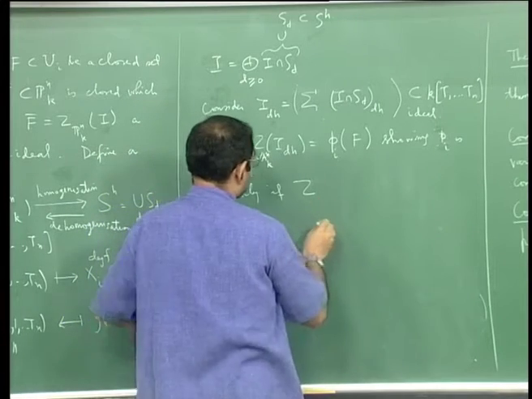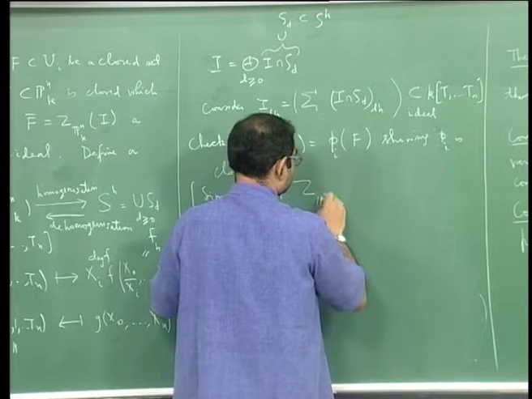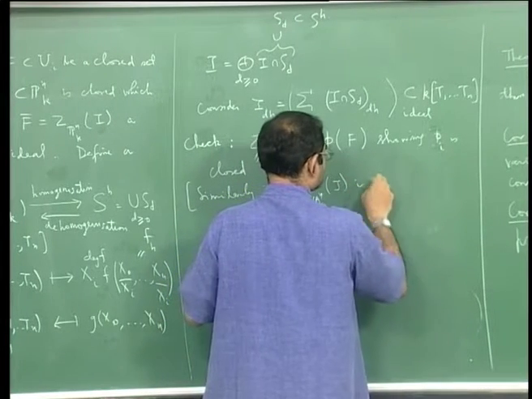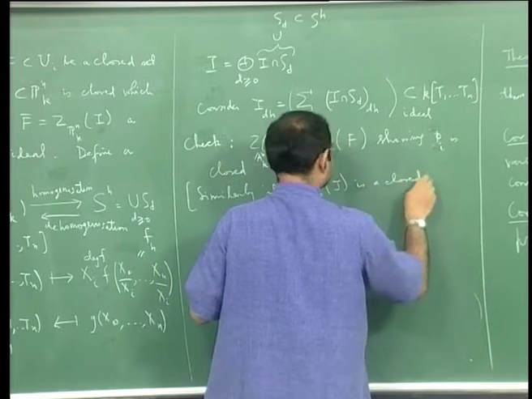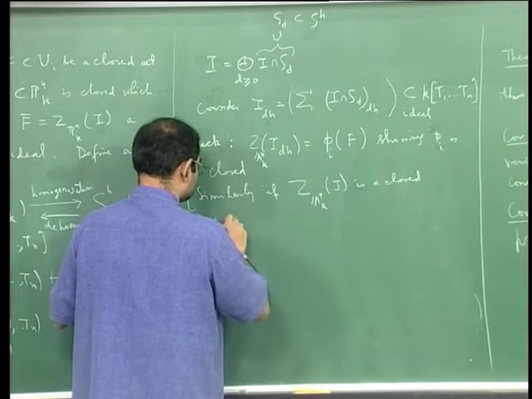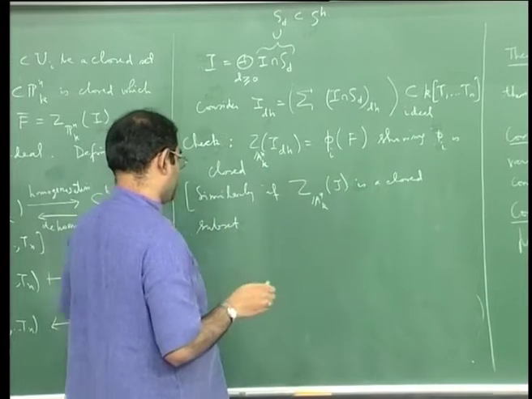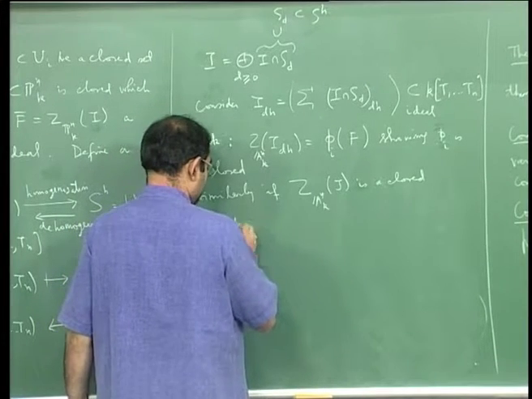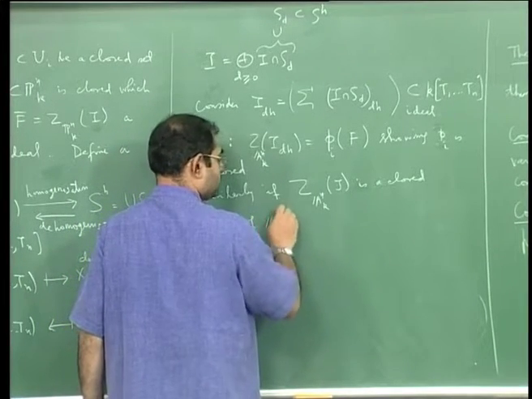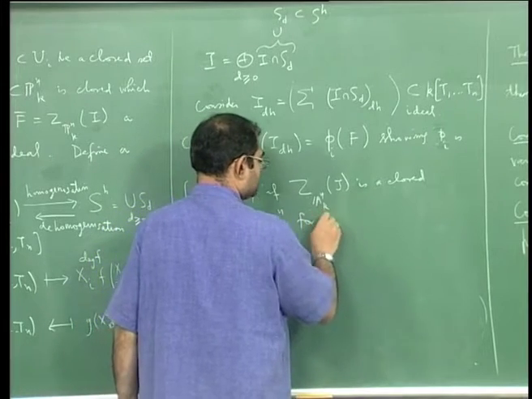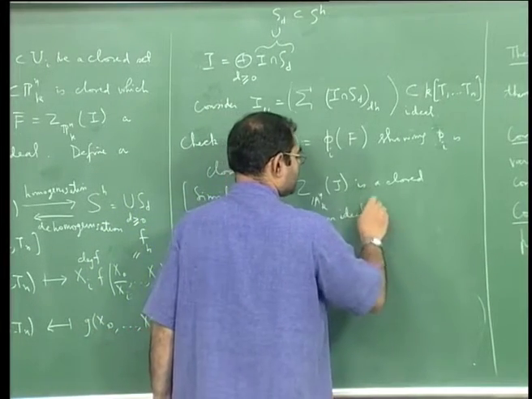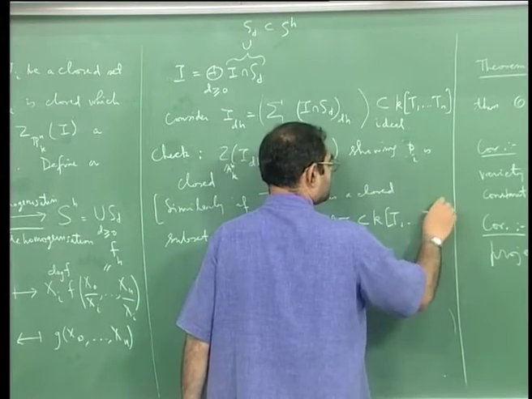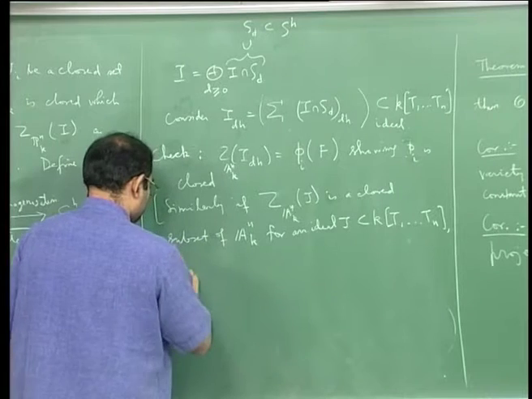So similarly, if Z in An of J is a closed subset of An for an ideal J in K[T1, etc., Tn], then